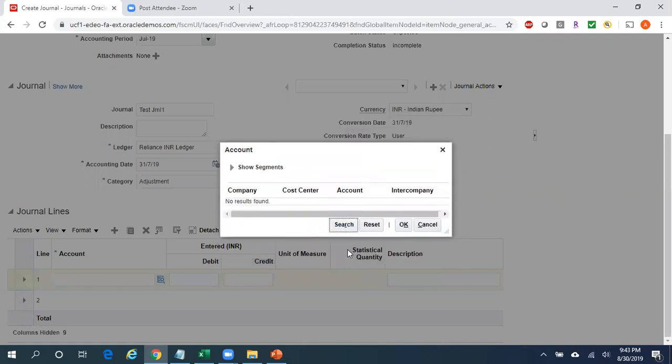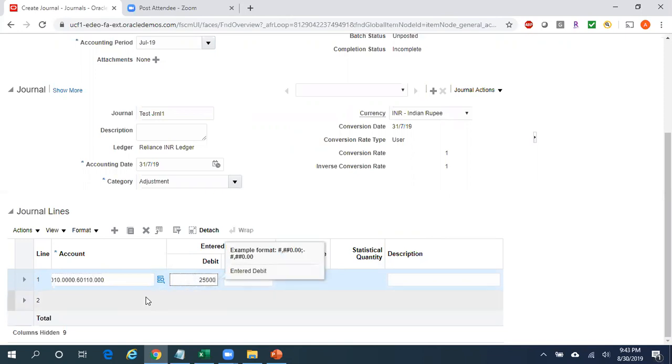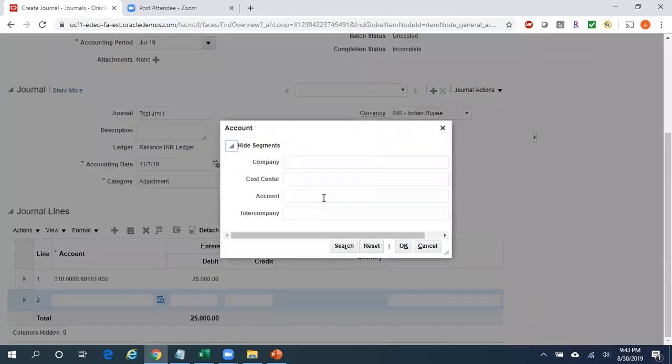Search. So this combination does not exist. As the combination does not exist, the system has automatically created the combination. So debit this with, say, 25,000 rupees, and then credit, say, 010 company code, cost center 0000,